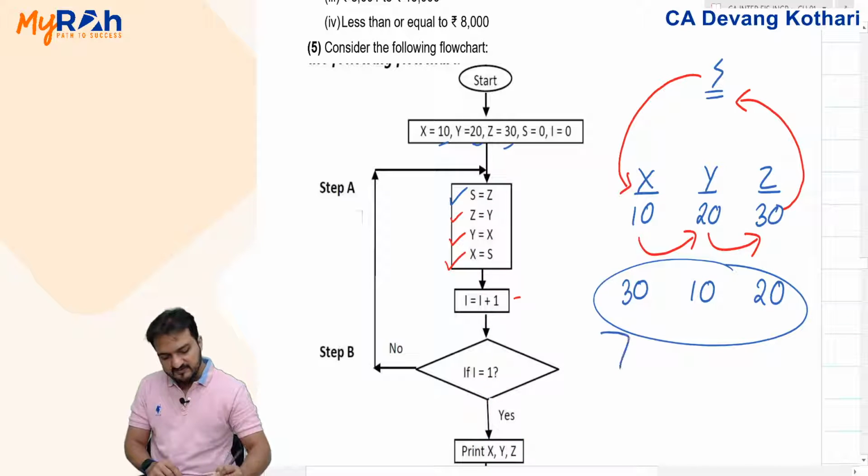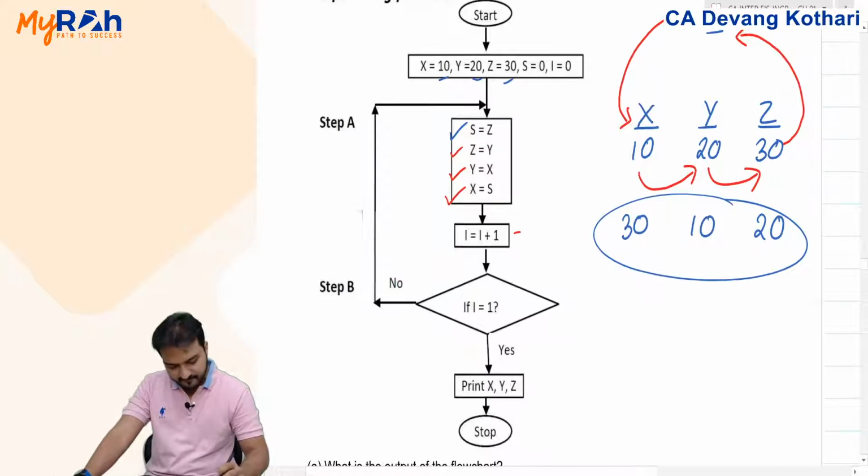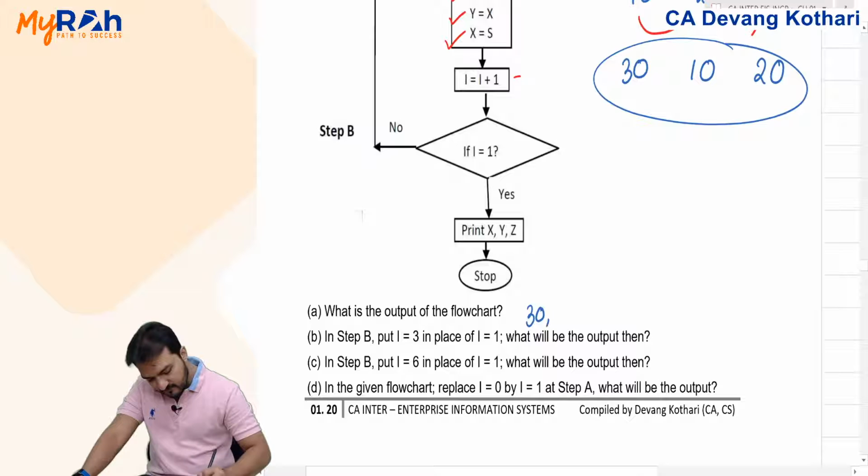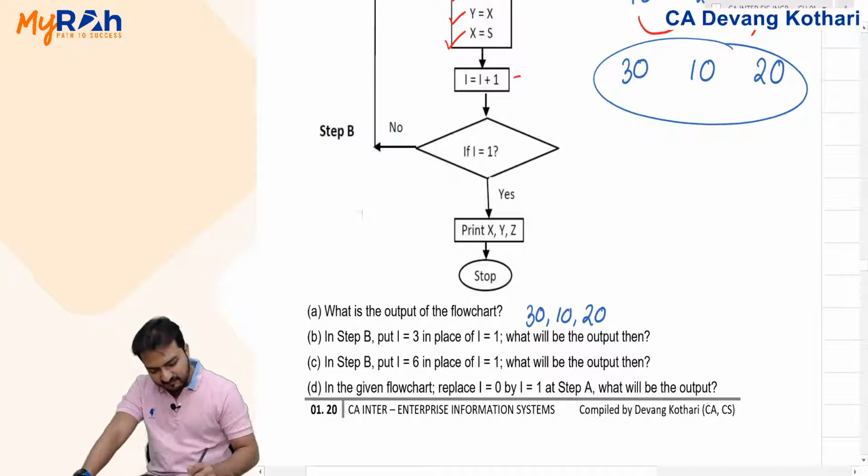What is printed is 30, 20 and 10. So 30, 20, 10 becomes my first answer. That output of the flowchart will be 30, 10 and 20. But in step B, if I put I equals to 3,